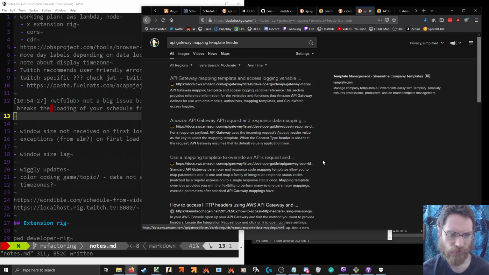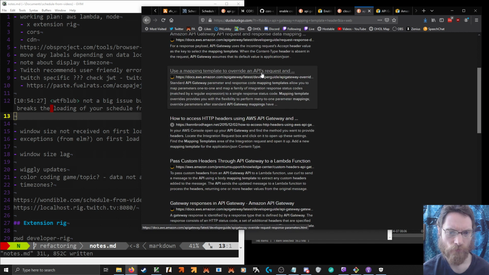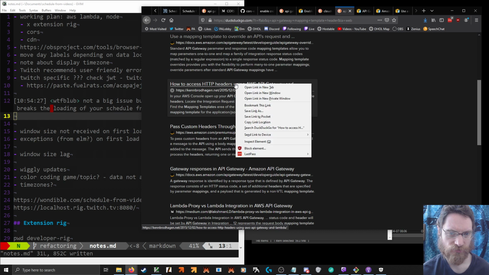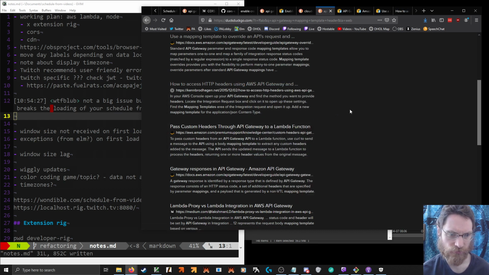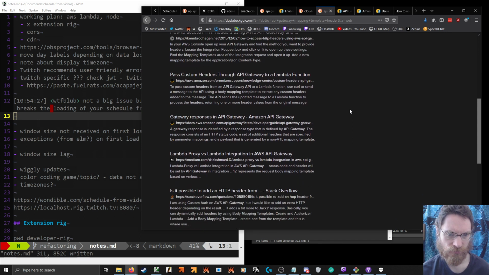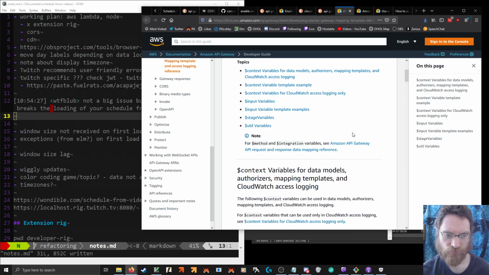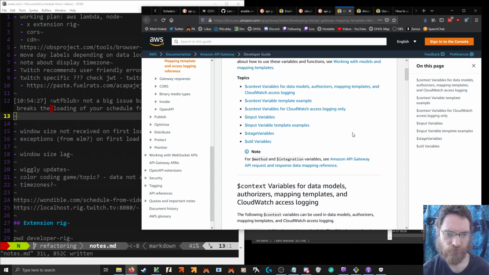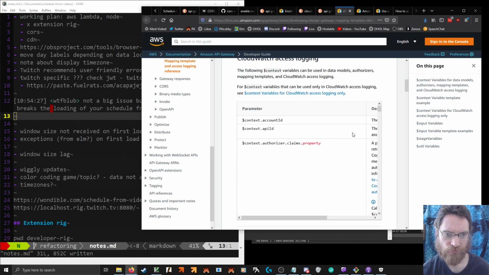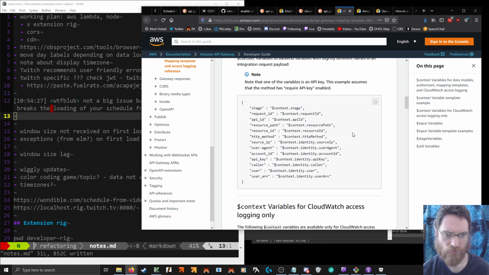Response data mapping. API's request and response to a Lambda function. Context variables. Context.stage.